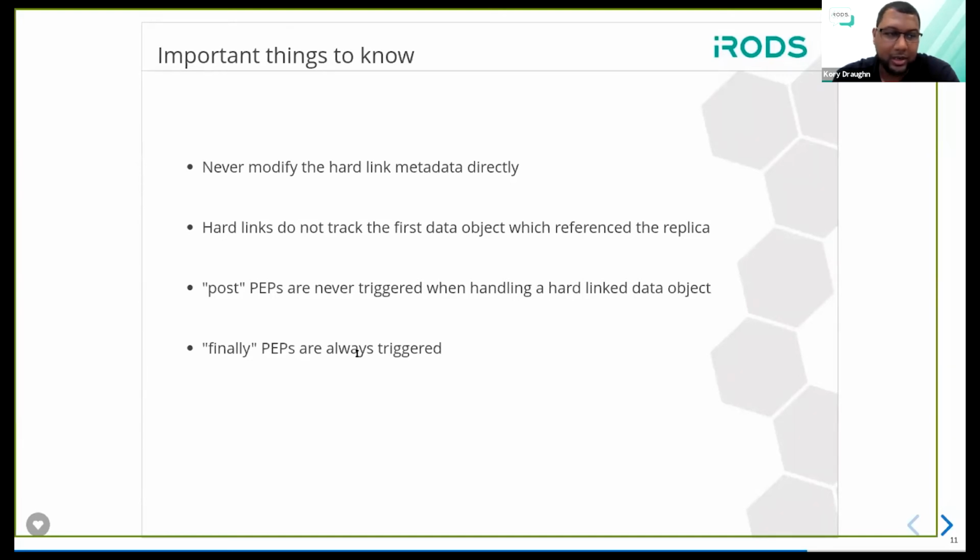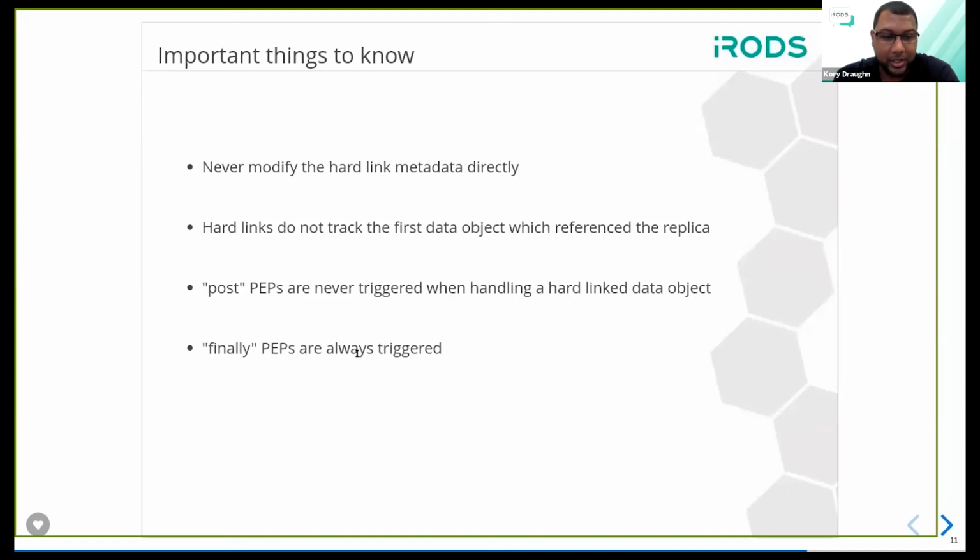So at that point, all of the data objects will look as if they just existed that way. They won't know, oh, I'm not the original owner of this replica. Another important thing to note here is that post PEPs will never be triggered when the rule engine plugin has determined that a hard link